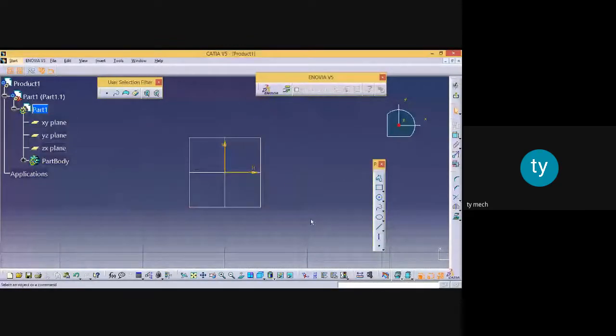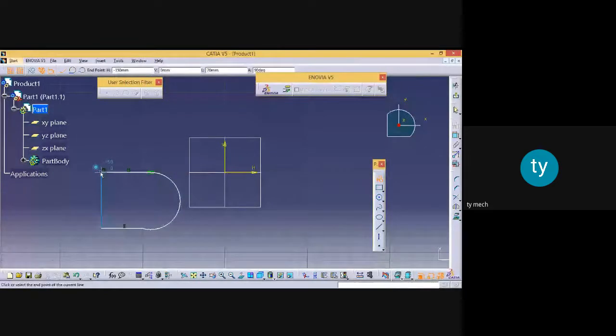First of all, I will draw one line, then left click, hold and drag. I am repeating: left click, hold and drag. So in this way, you can generate a circle, a curve, or anything you want to draw in a design.